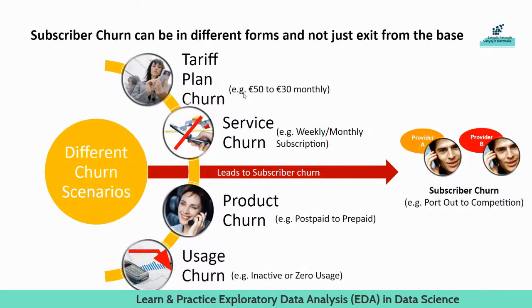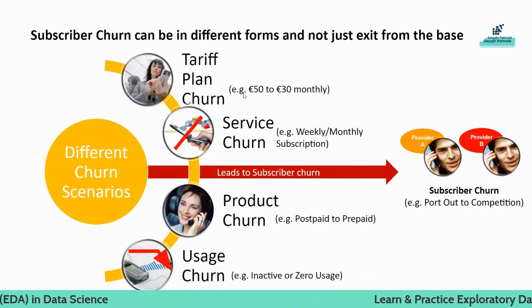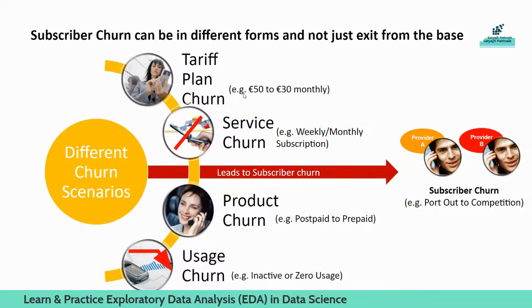If we just know that 10 people are going to churn, we don't know what categories they fall in. So we don't know if I offer them something, whether they are going to accept it or not, right? So customer churn prediction is one thing, and after that we also need to understand the type of